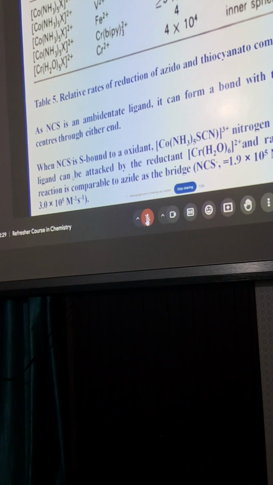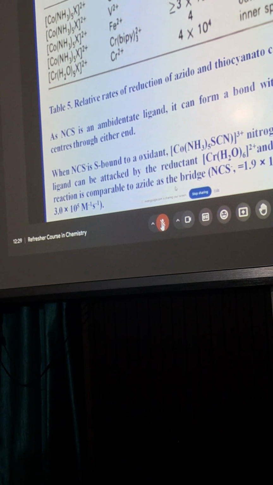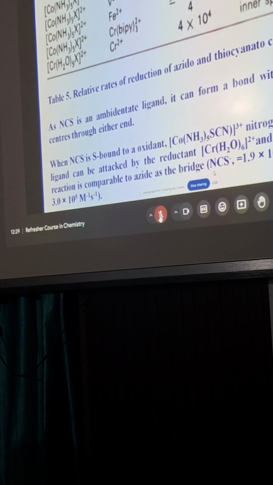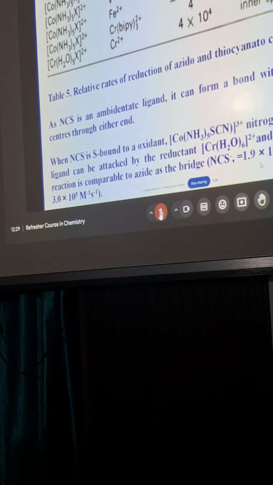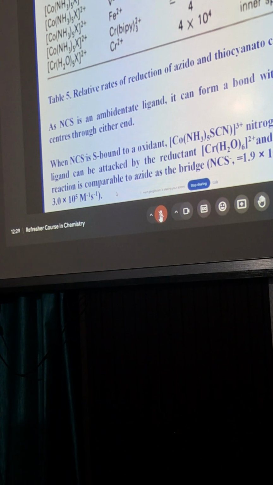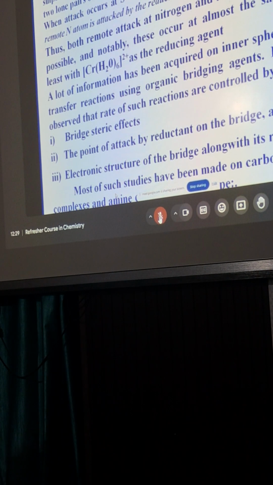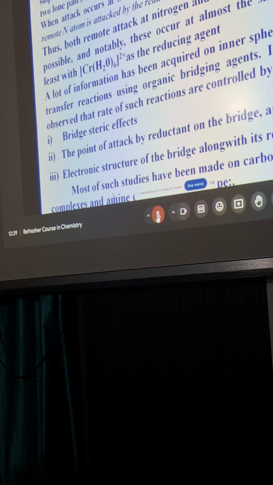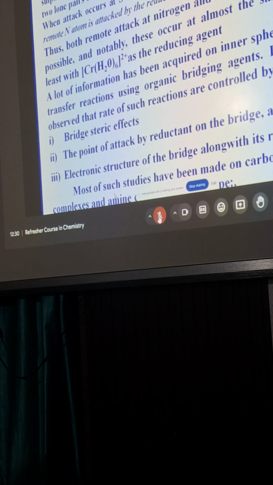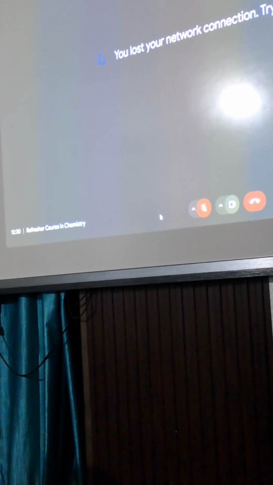When NCS is S-bound to an oxidant, as in this particular complex, Co(NH3)5SCN 2+, the nitrogen end of the ligand can be attacked by the reductant, and the rate of this reaction is comparable to azide as the bridge. The rate of the reaction for the thiocyanate complex is close to 1.9 x 10^5 per mole per second, and for azide it is 3 x 10^5 per mole per second. The S-bound thiocyanate can also be attacked by the reductant at the sulfur atom directly bound to the oxidant metal ion, because it possesses two lone pairs of electrons. So when this attack takes place at the sulfur end, we